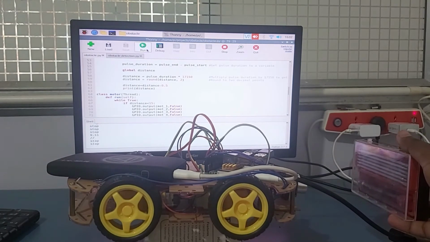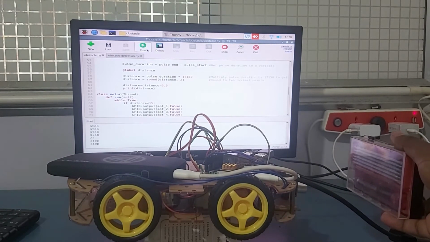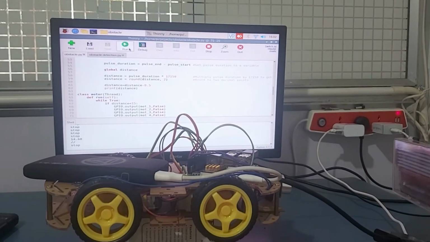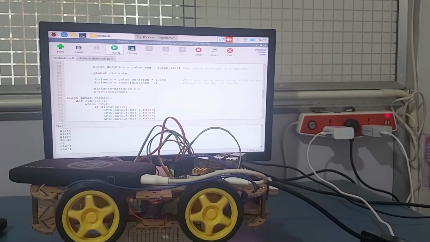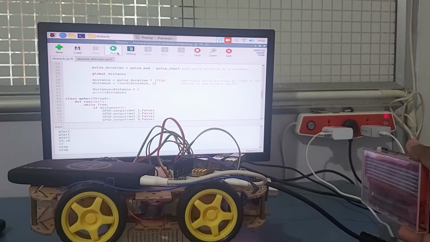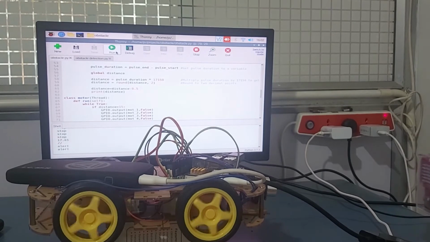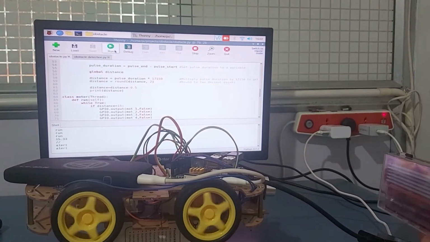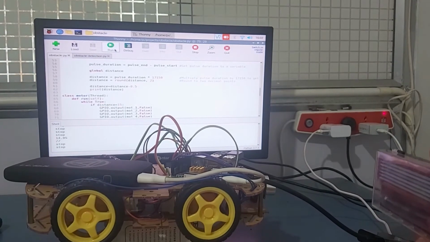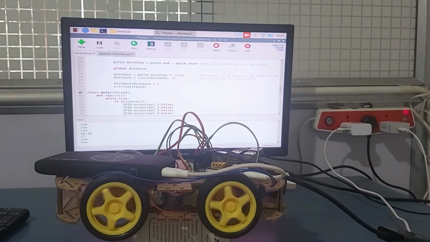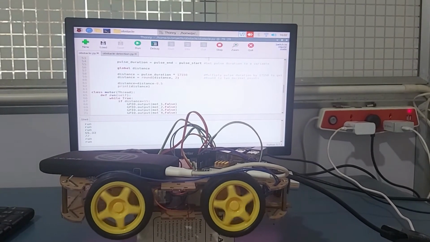This indicates that it is not safe to move front as there is an object in front of the car, and as I take my object far from the car, you can see the wheels are now moving freely. So this is how the project works. You can see the wheel stops when the object comes near and the wheels move freely when the object goes far.